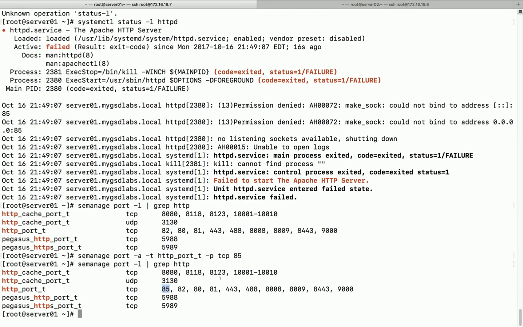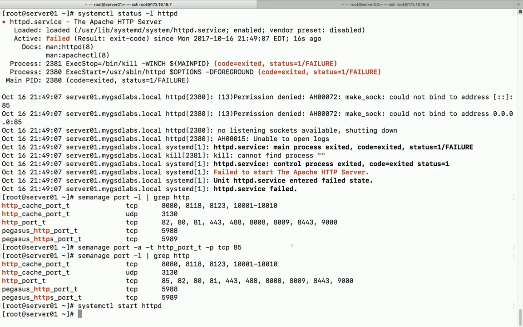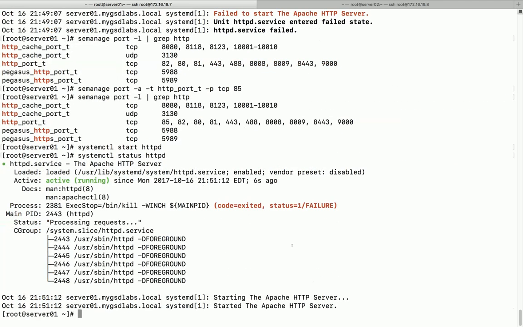Now you have port 85 here, and if we try to start, if we do systemctl start httpd, then you see the service is now listening on port 85. So status, and you will see the service running, and everything is fine. Okay, so let's just test this, right? Obviously the fact that it's running on port 85 doesn't mean that you can access it, but let me see if I have something on